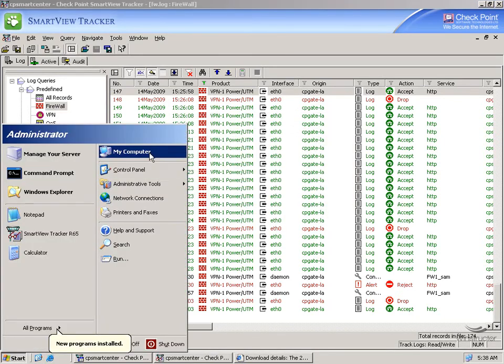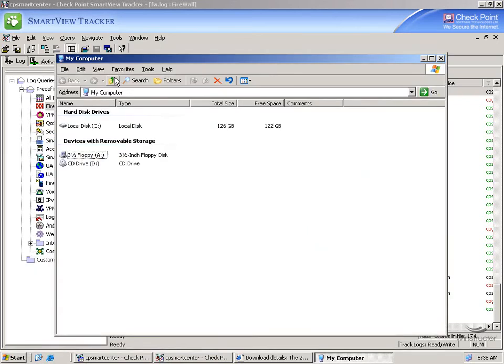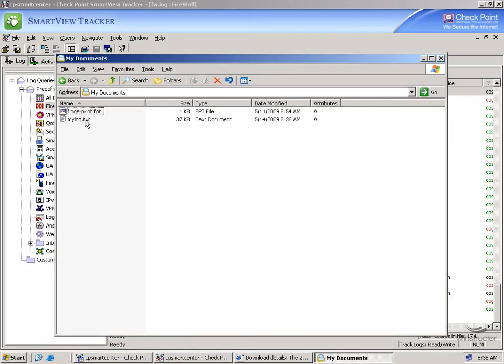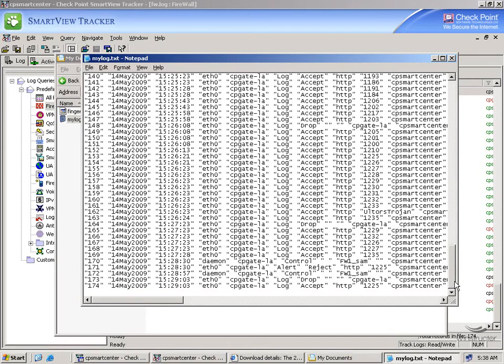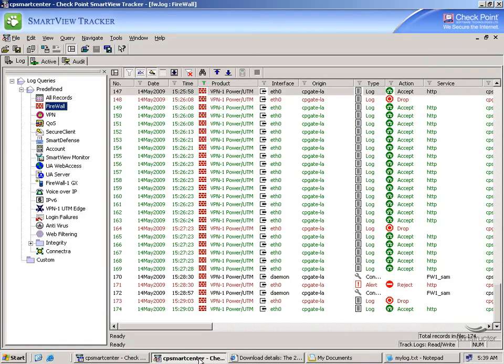And now if we go and locate that file, and we'll open it up, in here you can see the contents of our log. So that's another useful option that you should be aware of. Alright, well another thing I want to talk about in this video is monitoring, and for that we're going to